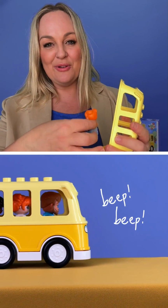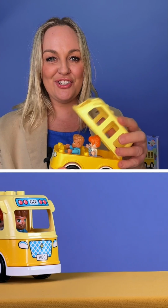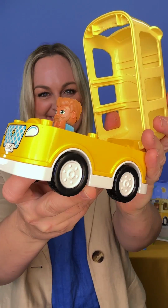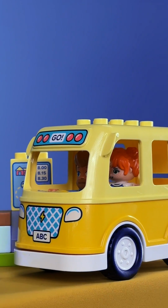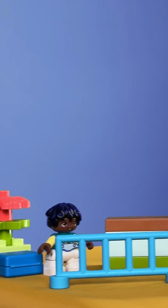What you can do is get your little one to open up the bus and get their little passengers ready to take their journey around town. Of course, while they're rolling the bus around, they are improving fine motor skills. You can also get your little ones to be attentive to things like the safety barrier, so it gives them a lesson in how to be safe around the road, also how to be patient while they're waiting for the